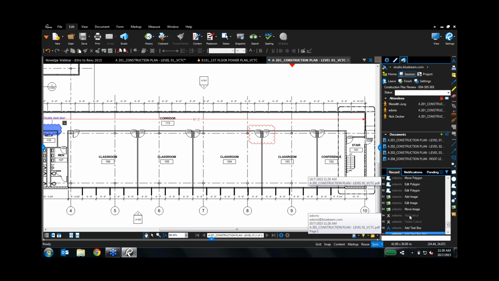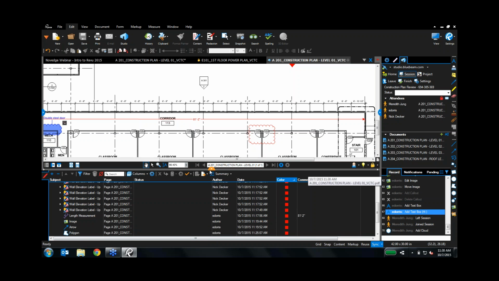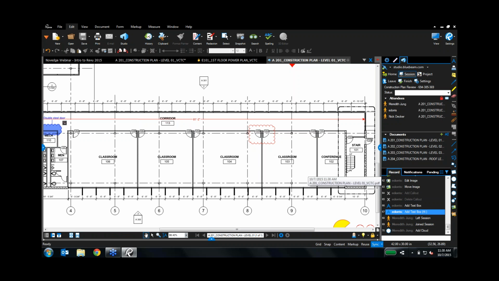Now, the final thing I want to mention real quick here about studio sessions is that all of the activity that's done in a studio session is tracked. Now, you've seen it in the record. It's also being tracked in the markups list. And just like we could with the markups list where we create these custom summaries, we can actually take this record of all the activity that's been done, who came, who left, what documents were added, etc.,